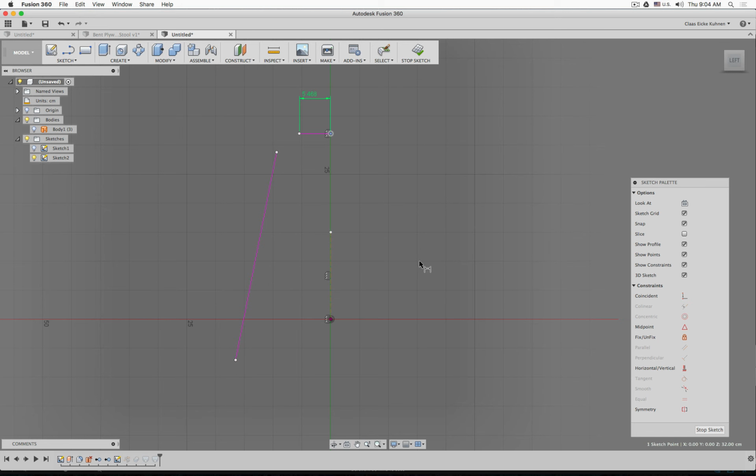We can also specify the height. We can, for example, specify the distance this way and specify the distance this way. So it's kind of like a 2D grid. We can specify this if we want,